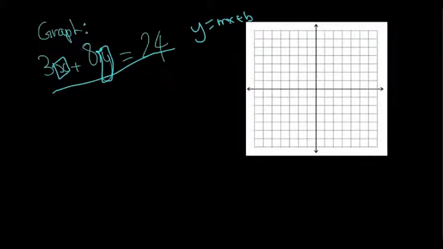That's all you need to do to find your intercepts. So what we could rewrite this as, I'm going to do this in a slightly different color. To find our intercepts here, if we want to find our x-intercept, we know that y is going to be equal to 0, so we can rewrite this as 3x plus 8 times 0 is going to be equal to 24,